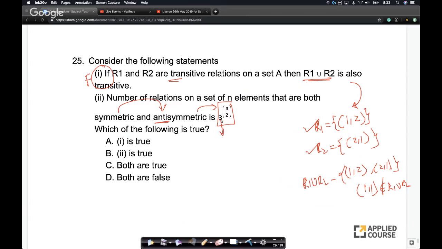Again, we have 3 because we can either connect. So again, we've discussed this in the course videos, right? I'll not again derive it here in the interest of time. In the course videos, we've anyway derived this. So this is certainly true. The only catch here is that every symmetric matrix is also anti-symmetric, and we know the number of anti-symmetric matrices is 3 power n choose 2, right? So first is false, second is true. So option B is the right option here.